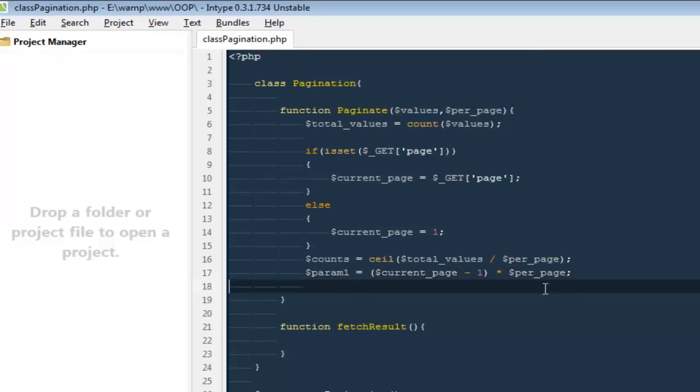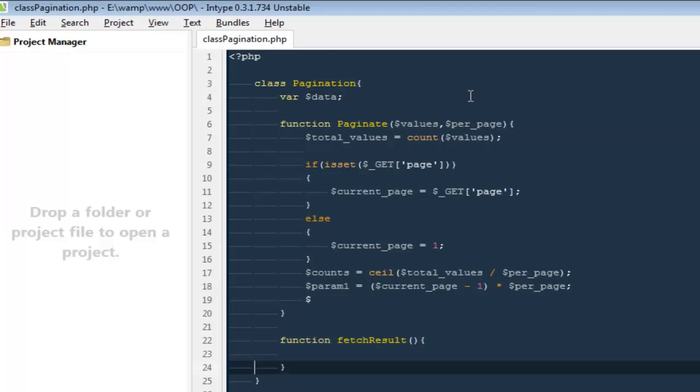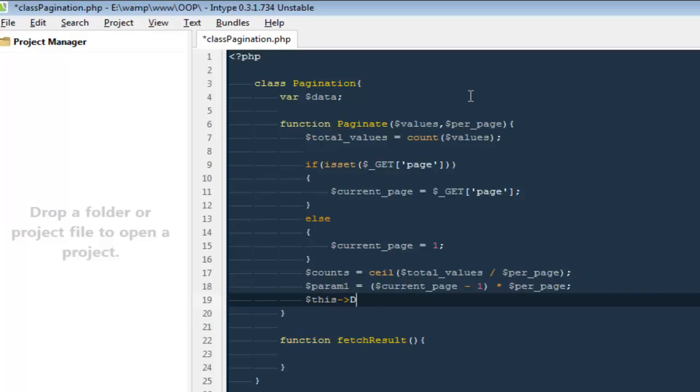Okay, guys. So I'm going to use an array slice function. But very first, here on the top, I'm going to create a new variable called data. So I'm going to say $this->data like this will be equal to array slice, and then I'm going to say